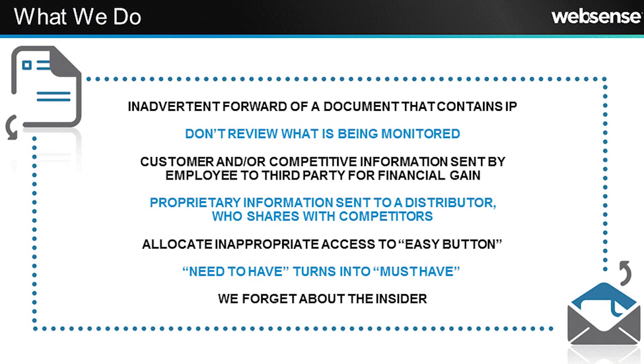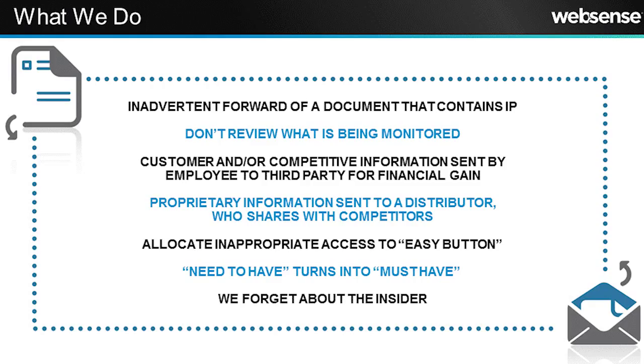Here are a lot of things that we do. Now this is where we come into the human error. We like to reply all. That works for just about everything except for when we didn't mean to send it to them. We don't review what's being monitored. We're getting inundated with so much data these days, and with the onslaught of Internet of Things, the data problem is going to get worse. So how do we make sense of it all if we can't make sense of it today with the small amount that we have? We have to figure out how to become more actionable.